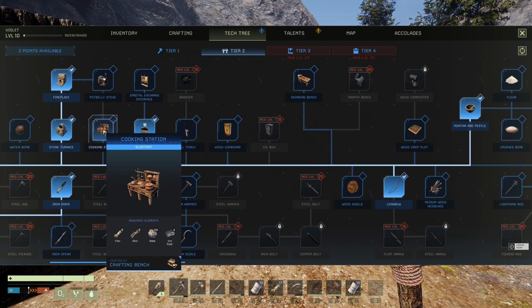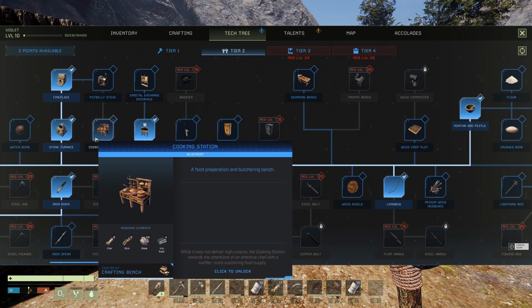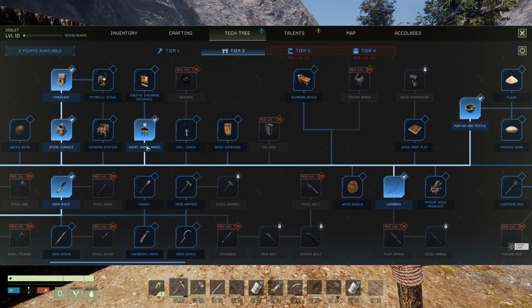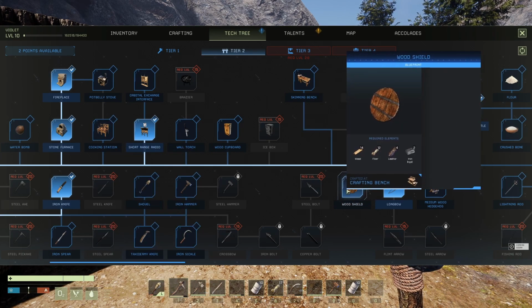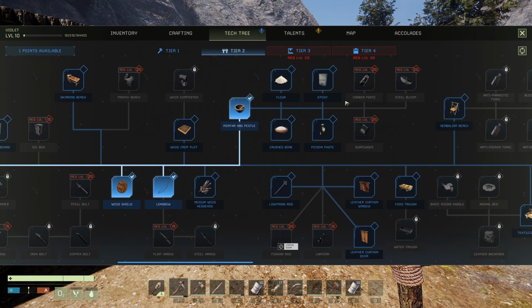And do I want to go cooking station? Cooking station's good to start getting some basic other recipes in. I'm going to go the shields. I haven't had a chance to play with that yet. And then I'm going to unlock...